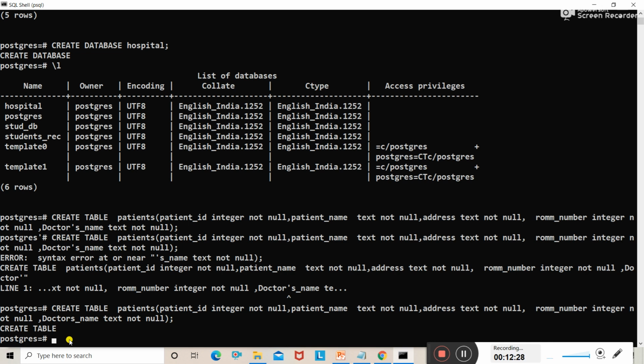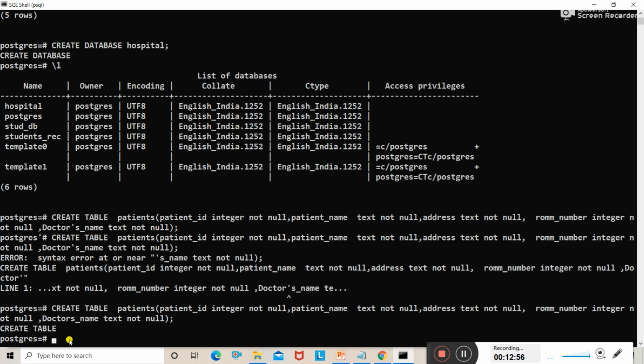The data type for this field is integer type, and you assign not null here. That means you cannot leave this field blank. Then the second field name is patient name. Which type of data are you going to store in name?